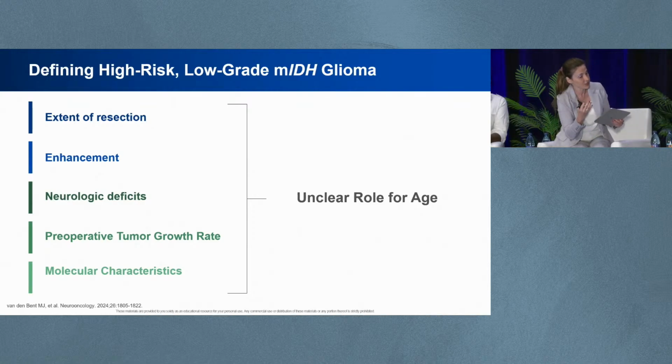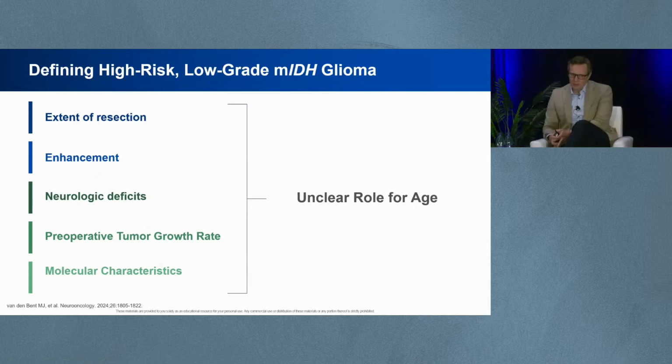But if a patient comes and molecularly, it's clearly a grade 2, what are some of the characteristics that will make them high risk and will increase the likelihood that we would offer them radiation and chemotherapy versus something else? Yeah, I think the postoperative extent of resection is an important parameter, as well as the symptoms of the